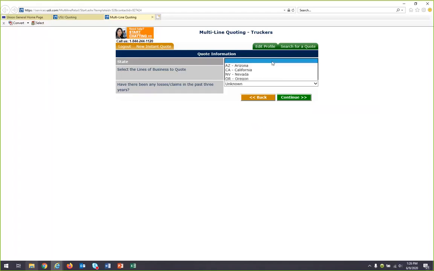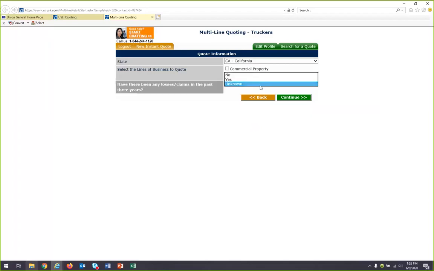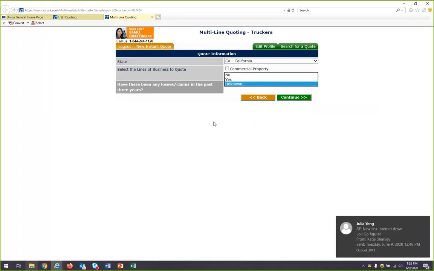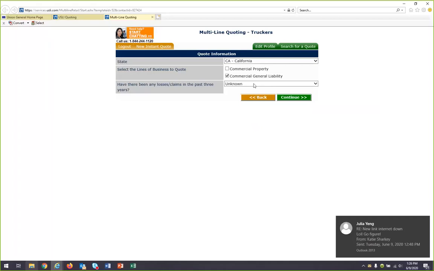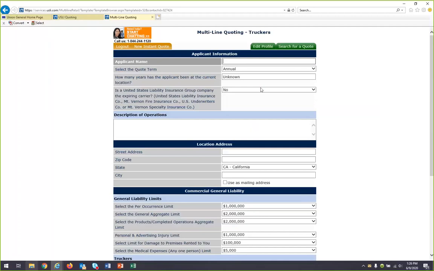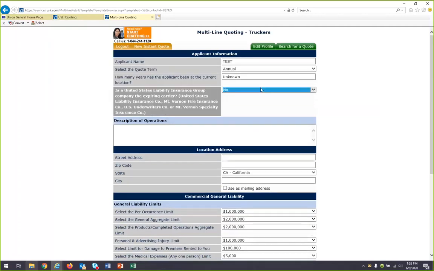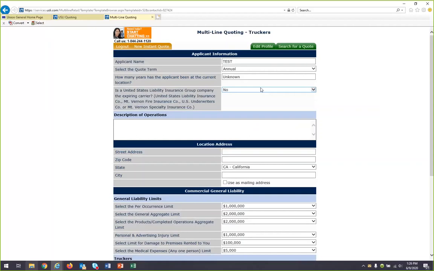But if not, you'll just simply select the state, lines of coverage. If you have the information in front of you about claims or losses in the past 3 years, you can answer that here. If you don't happen to know that while you're quoting online, you can always leave those questions unknown and answer them at a later date. So it's just going to ask for our applicant's name. You can leave those questions unknown, as I said, if you're not sure how long they've been at the location. You'll always want to enter a description of operation and the address,